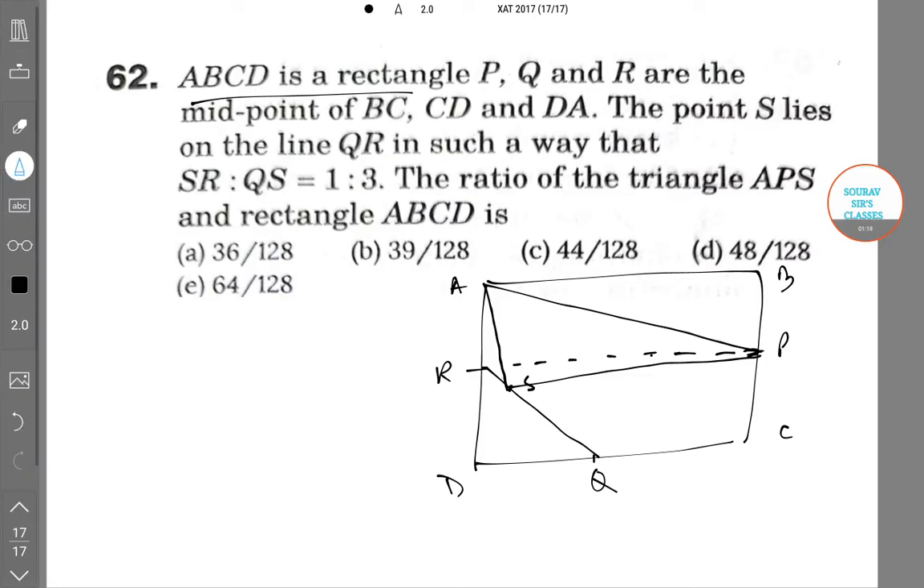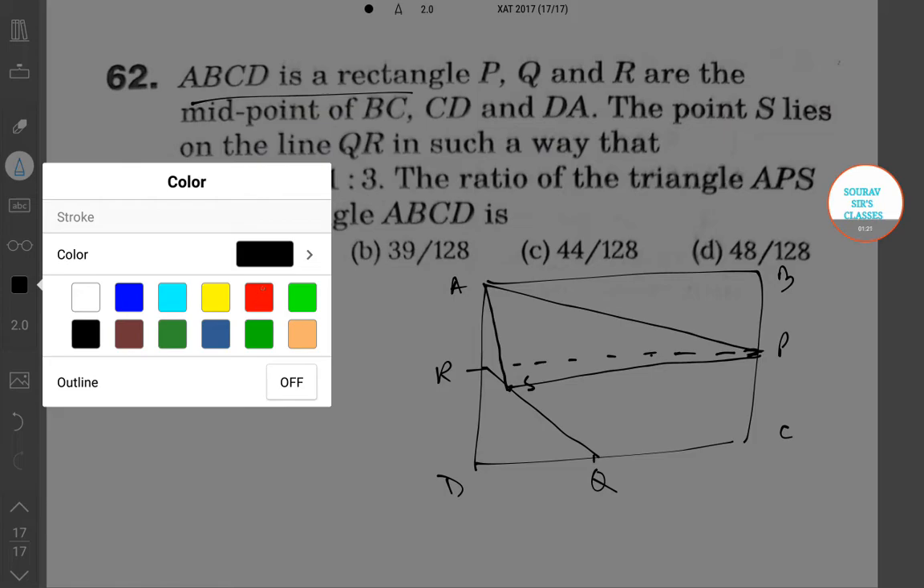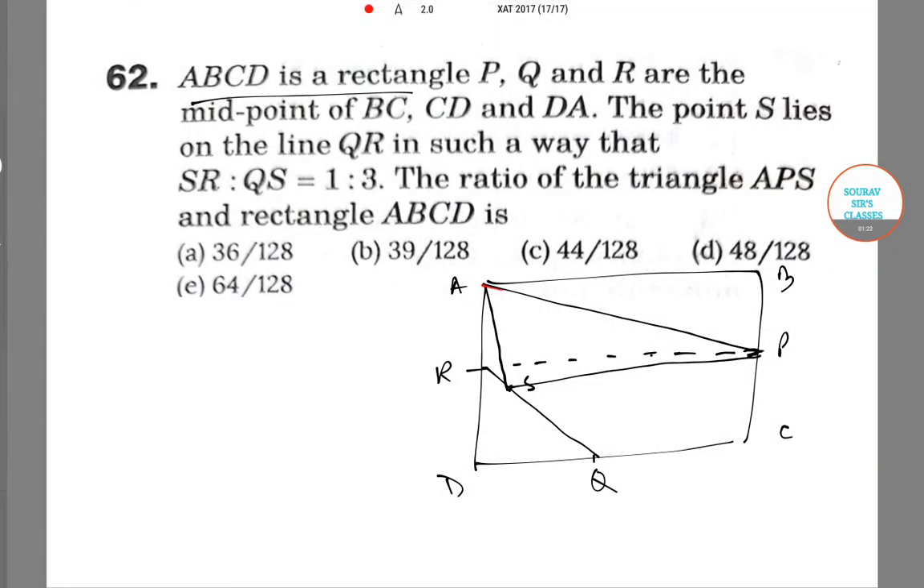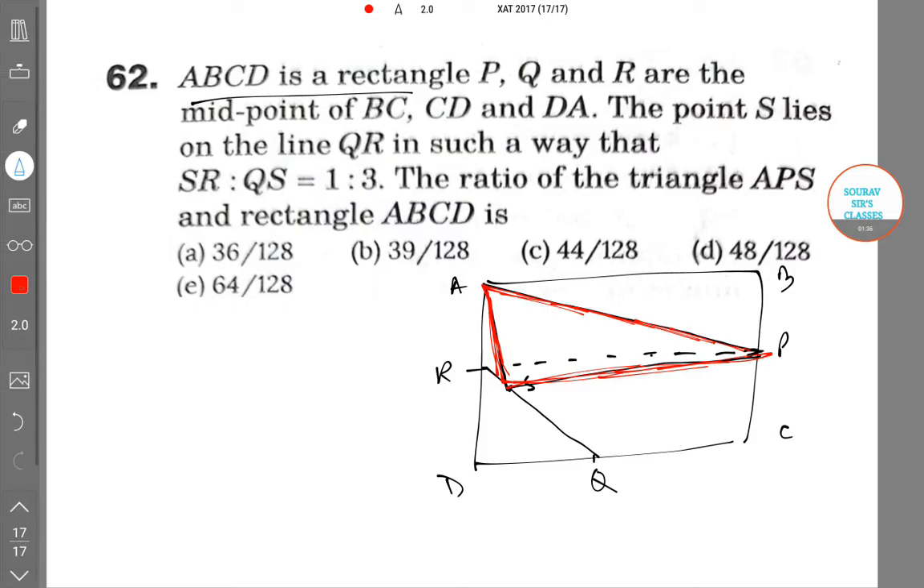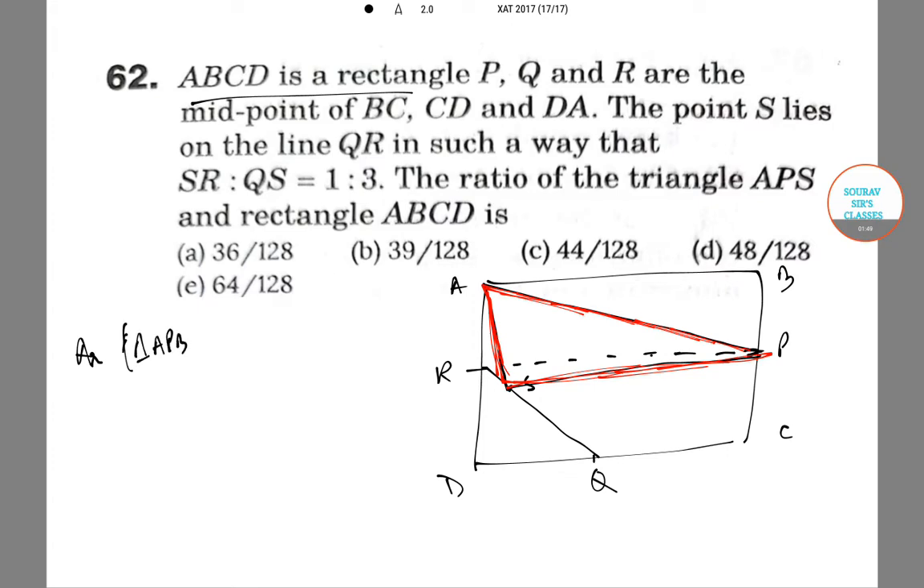so let me just shade it or outline the border of APS so we know what is the region. So this is APS. Now area of triangle APB